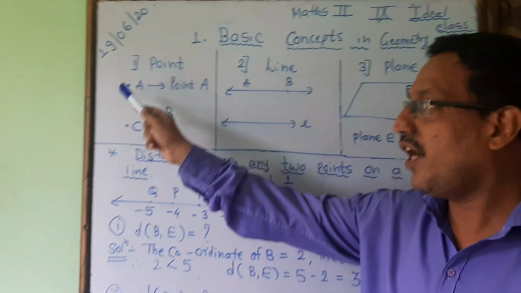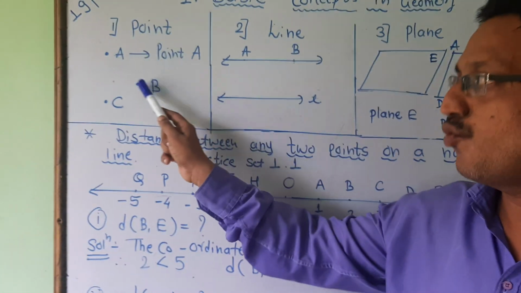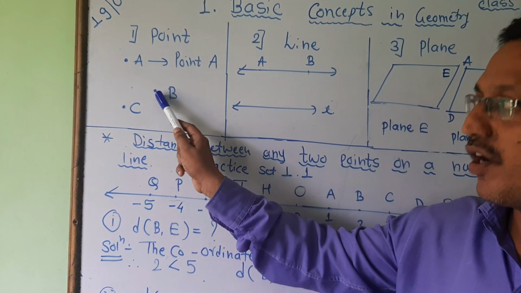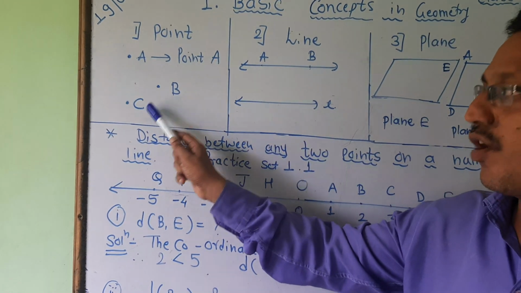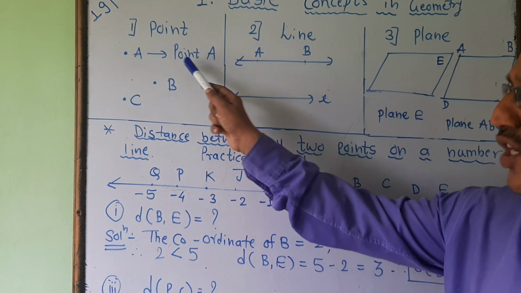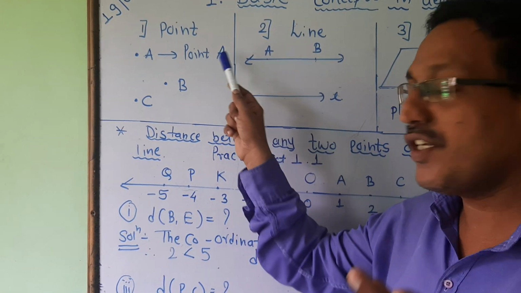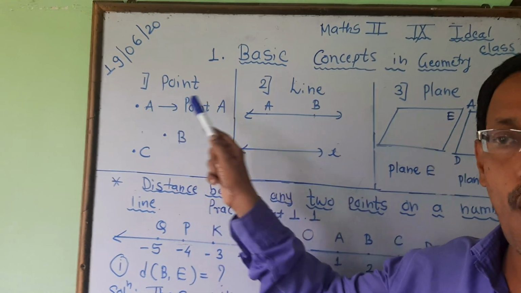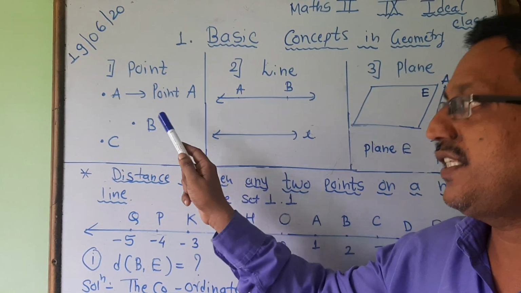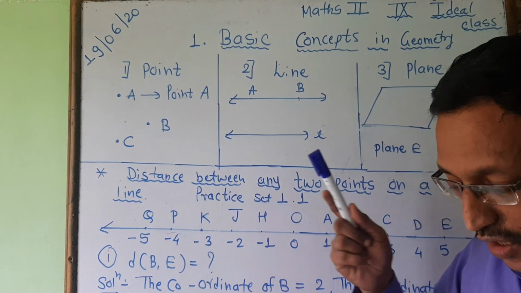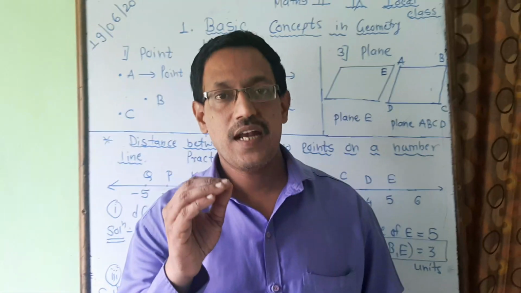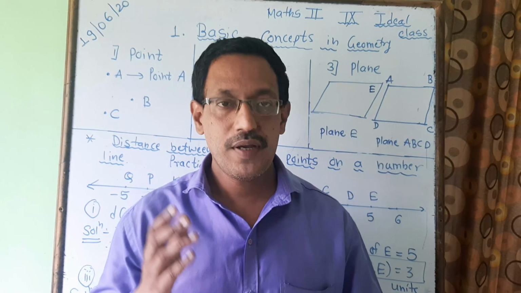I have drawn here 3 points. This point is called point A, this point is called point B, and this point is called point C. So you observe that the name of a point is always denoted with a capital letter. Students, none of the figures in geometry can be drawn without a point,